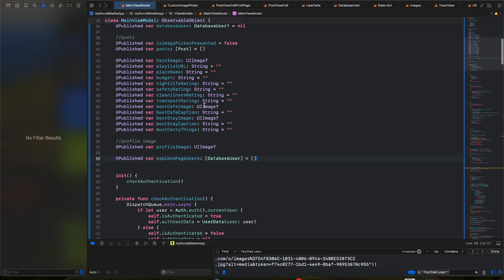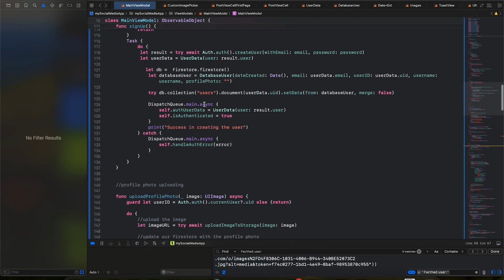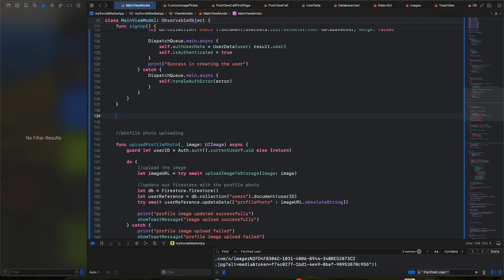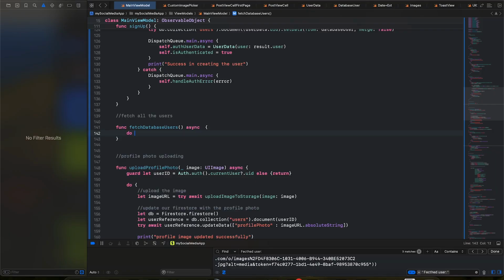So this is there, and now let's just go inside our view model again, and we need to write a new function here. Basically this function would fetch all of the users, all of the database users. So you can write it here. You can write fetch all the users. So it would be a simple get request. So let's just go about writing it. Fetch database users, and then we can add async, and we can open this up. We can open a do catch block here,